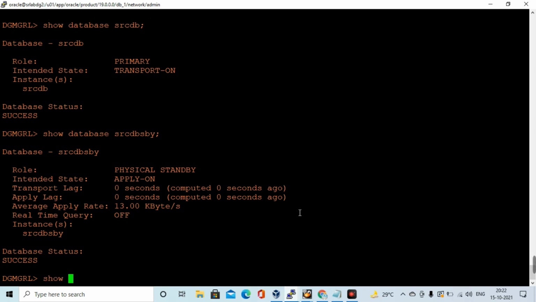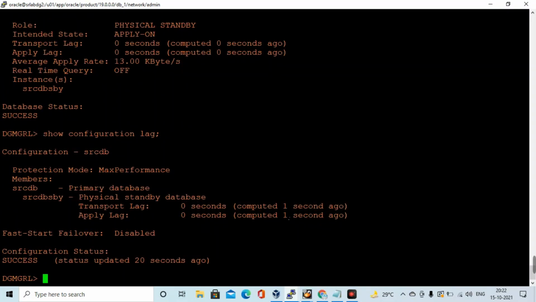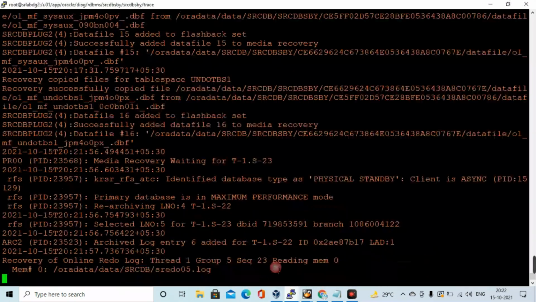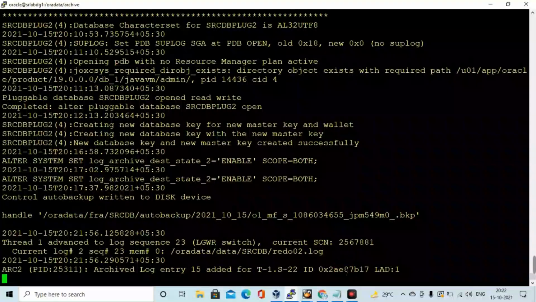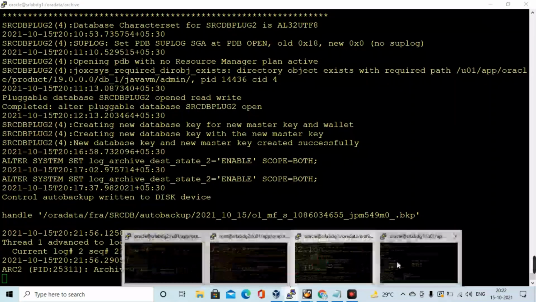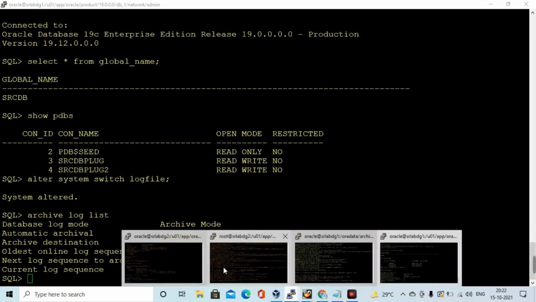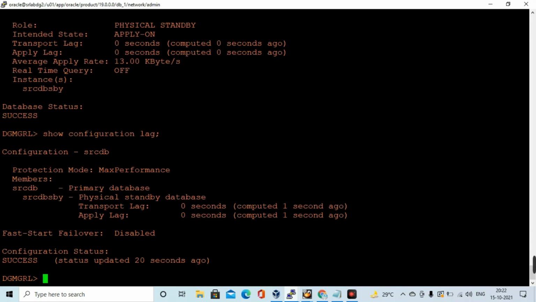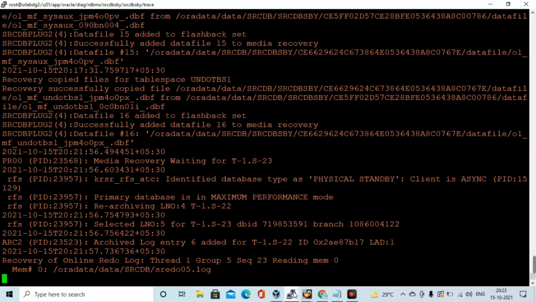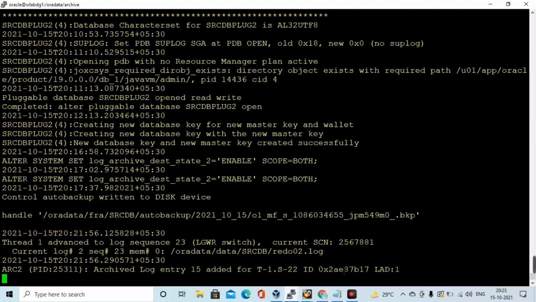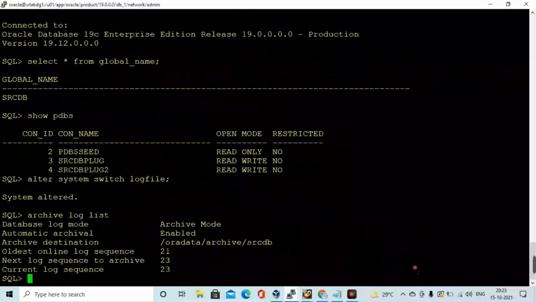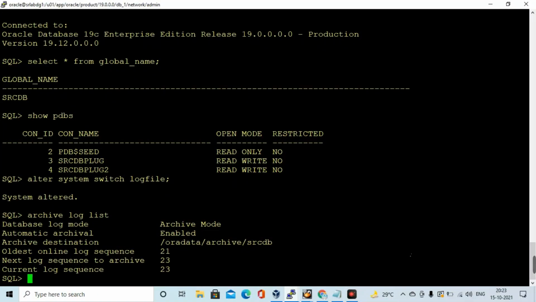Once you have checked all the configuration and lag, what you need to do is another step. The newly created primary pluggable database has a temp file, but unfortunately it won't be copied to the target site, the standby site.